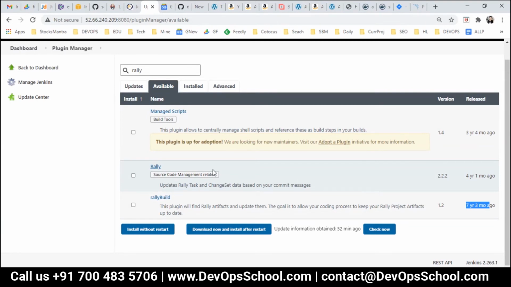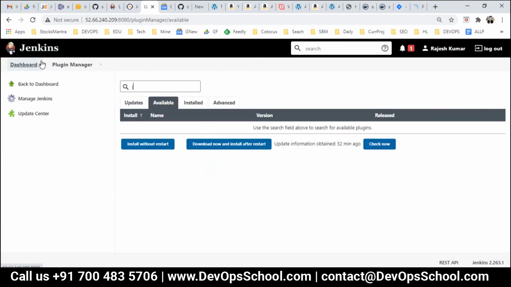If the job fails, you can create a ticket on Rally through APIs. Rally supports API. Nowadays every tool supports API, so that way you can integrate too. Okay, makes sense. Thank you.